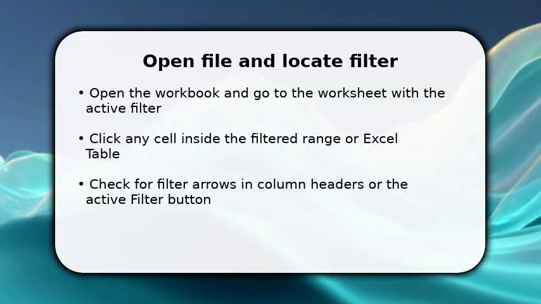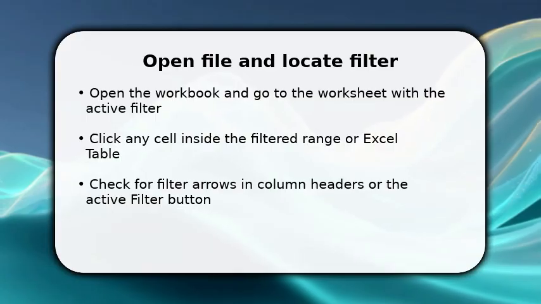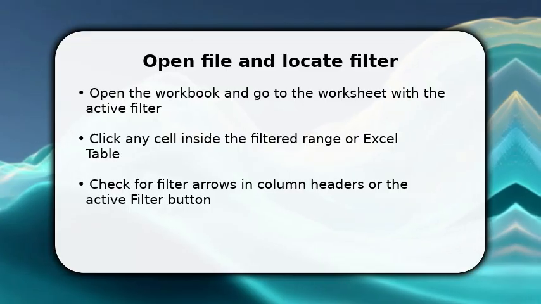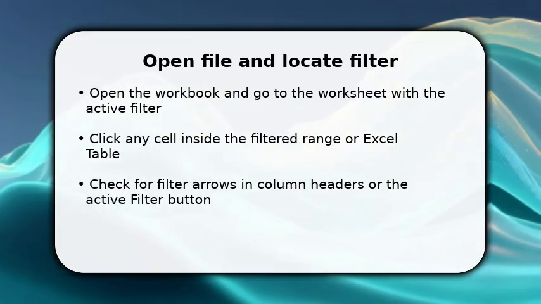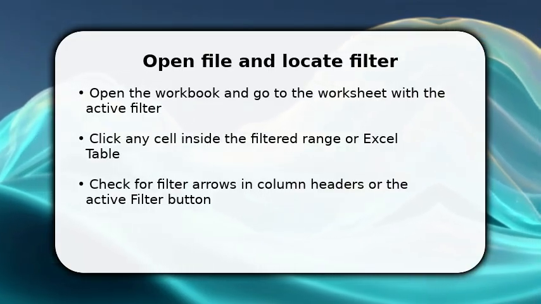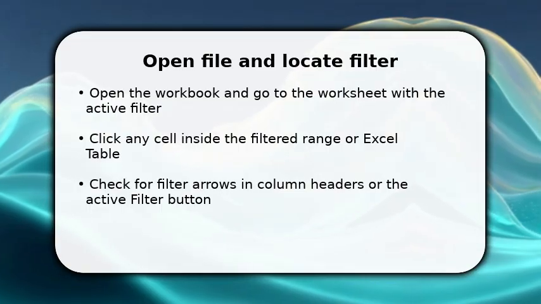You already have Excel open and the workbook loaded. Now focus on the sheet with the filter. Click any cell inside the filtered range or inside the table so Excel knows the scope. Once done, look at the Data tab and confirm the filter button is highlighted and small drop-down arrows appear in